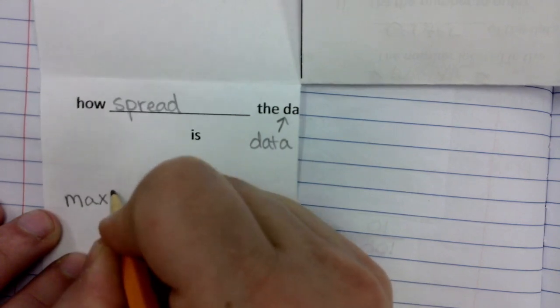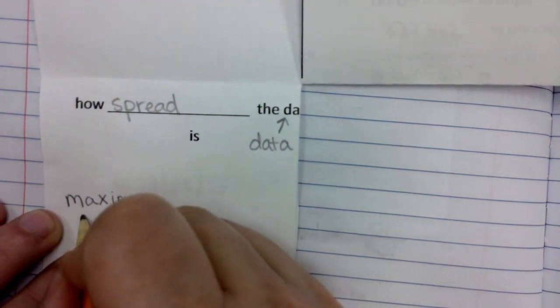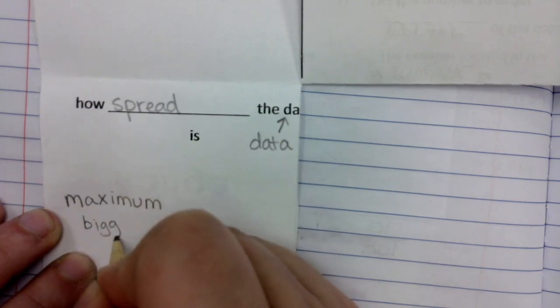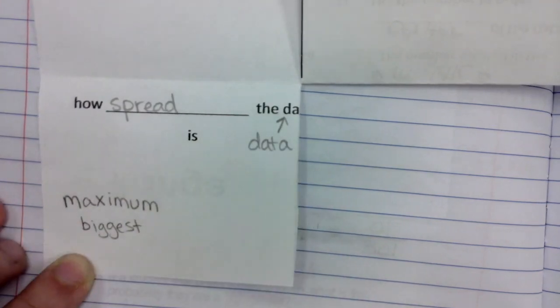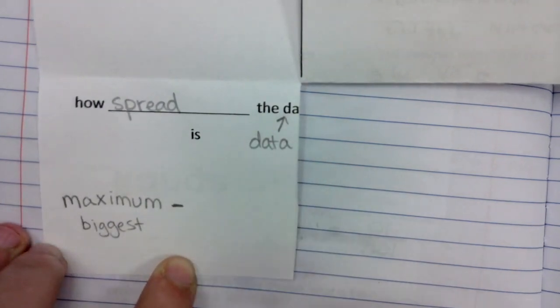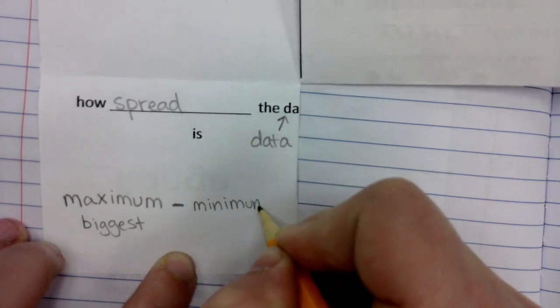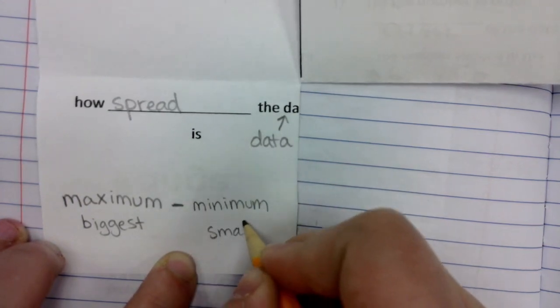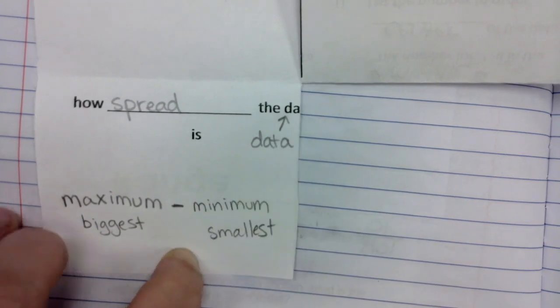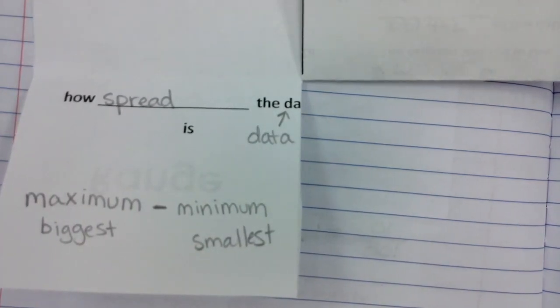And because we already did our mode and we did our median, we should already know what is our maximum and what is our minimum. So what was our maximum? What was the biggest number? 21, minus, what's our minimum, our lowest number? 14. And that is 7. So 7 minutes is our